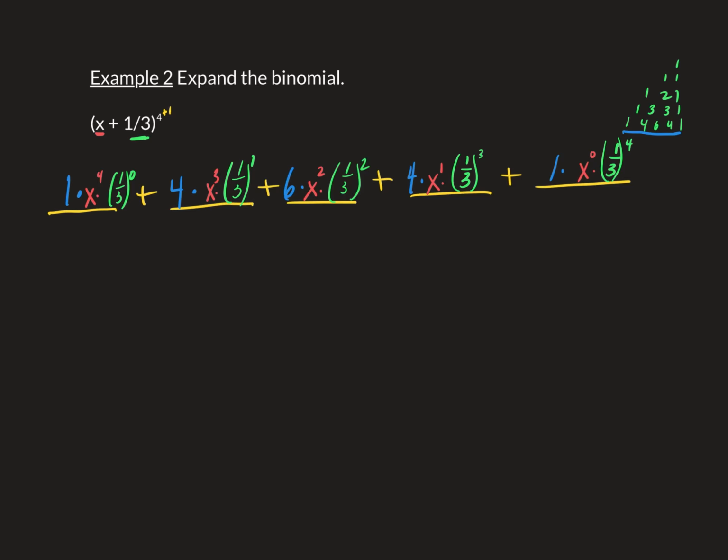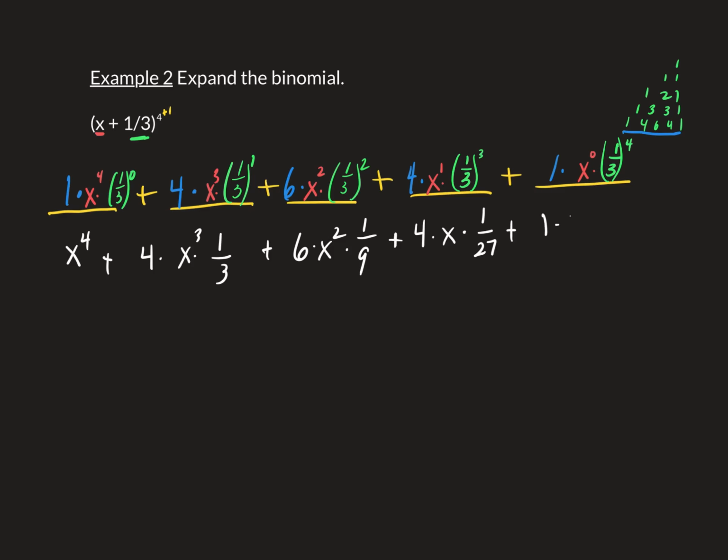And now I'm going to do the math. I'm going to do my exponents of the green ones, the fractions. So let's go through and do that. So this one's going to be 1 times x to the 4th. This one's going to be x to the 4th plus 4 times x to the 3rd times 1/3, because that's 1/3 to the first power, plus 6 times x to the 2nd times 1/9. 1/3 times 1/3 is 1/9, plus 4 times x to the first power times 1/27,